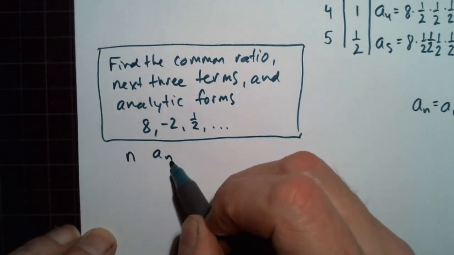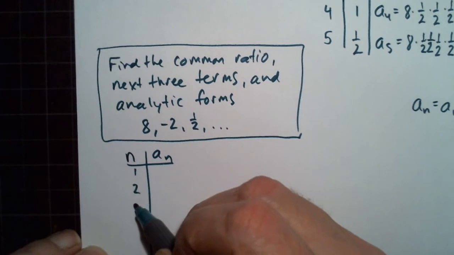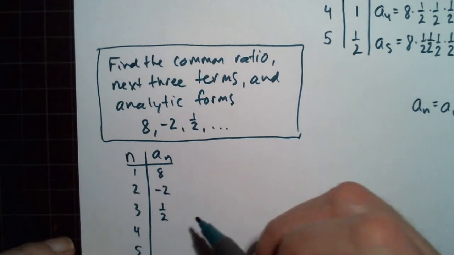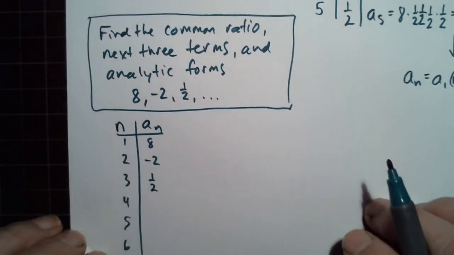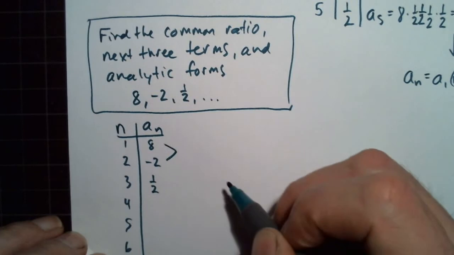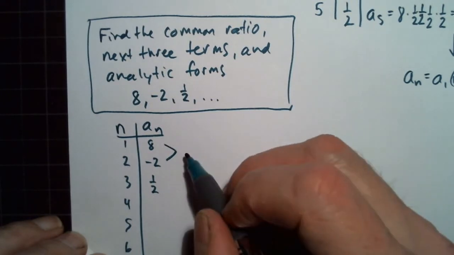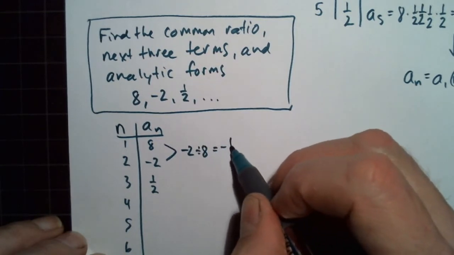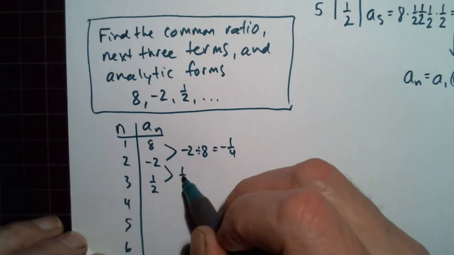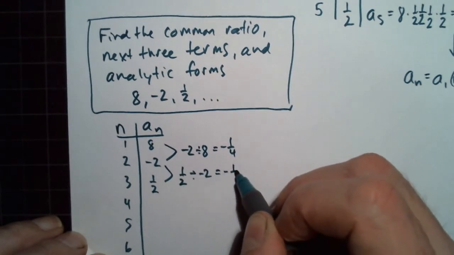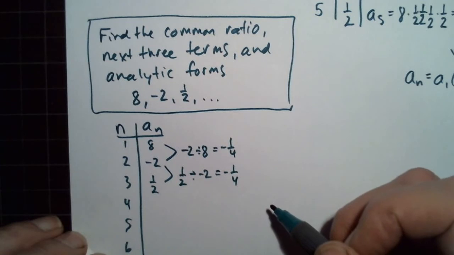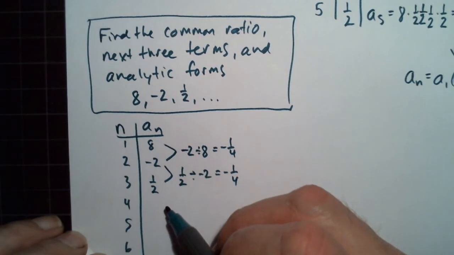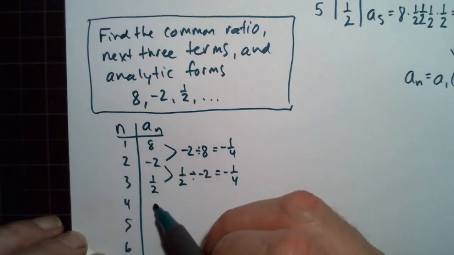So let's put it into a table. To find the common ratio, we would divide negative 2 by 8. Negative 2 divided by 8, and we get negative 1/4. Here we have 1/2 divided by negative 2. We also get negative 1/4. So this is called the common ratio. Then we can use it, negative 1/4, to get to the next